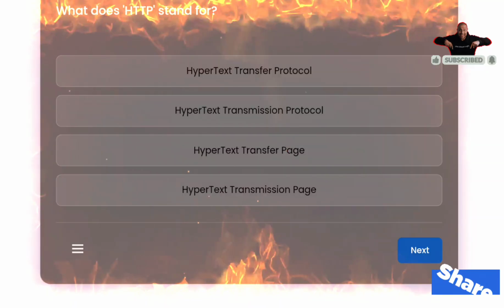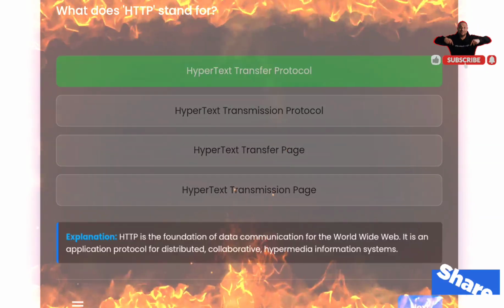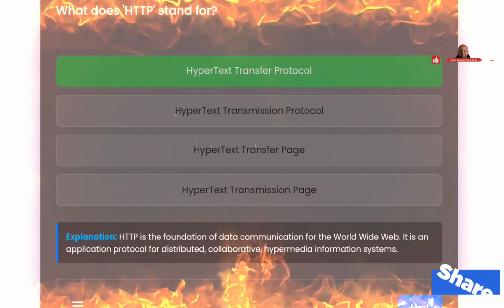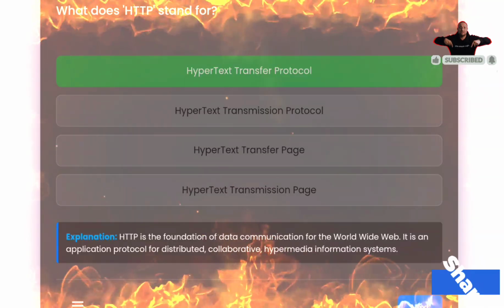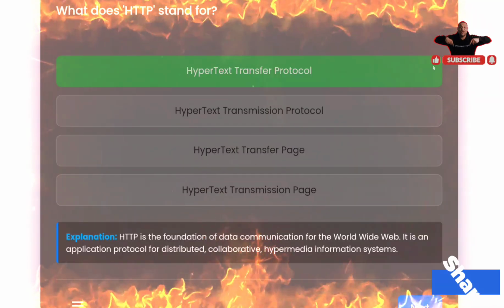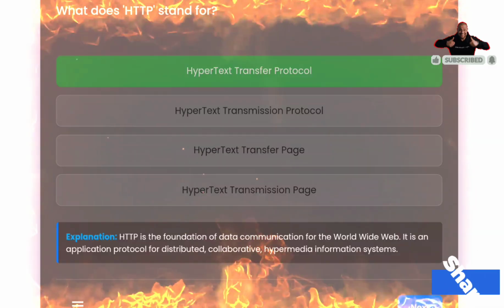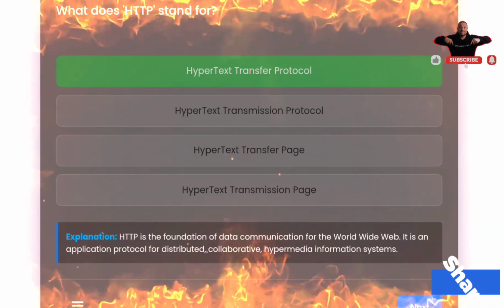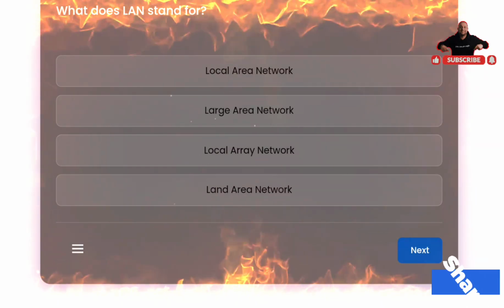What does HTTP stand for? HTTP का मतलब क्या होता है? फर्स्ट वन, हाइपर टेक्स्ट ट्रांसफर प्रोटोकॉल। हाइपर टेक्स्ट ट्रांसफर प्रोटोकॉल, that means HTTP is a foundation of data communication for the World Wide Web. It is an application protocol for distributed, collaborative and hypermedia information system. जैसे HTTP का मतलब क्या होता है? हाइपर टेक्स्ट ट्रांसफर प्रोटोकॉल।